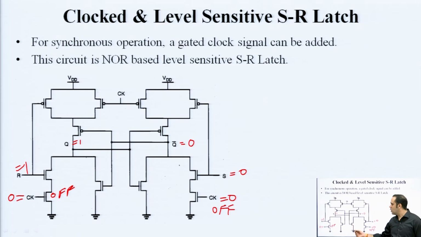Okay. So, when clock is at logic 0, this NMOS is off, this NMOS is off. Suppose before this clock going 0, Q was 1 and Q bar was 0. Now, Q will not find a path to discharge. Okay. Q bar will not find a path to charge. So, even if your S is 0, R is 1, as per truth table your Q should go 0 and Q bar should go 1,